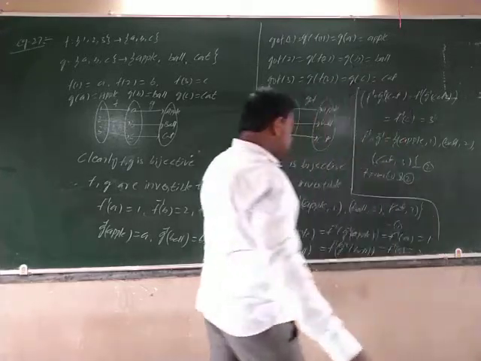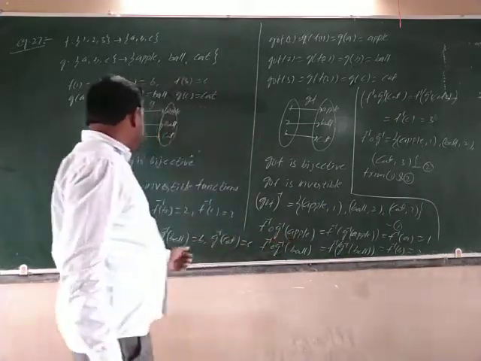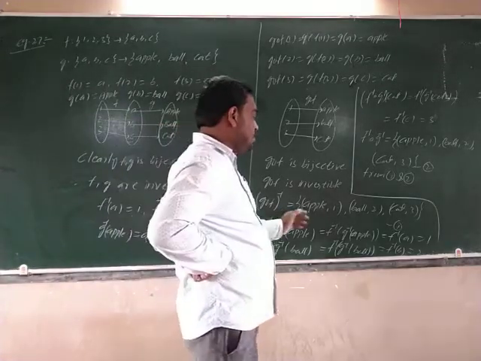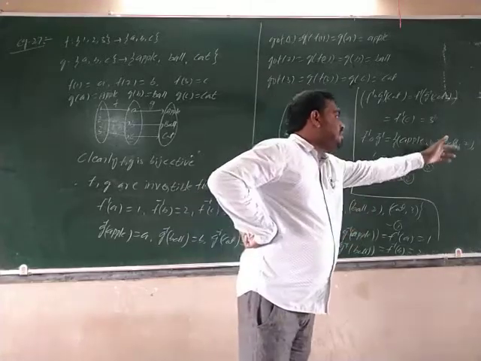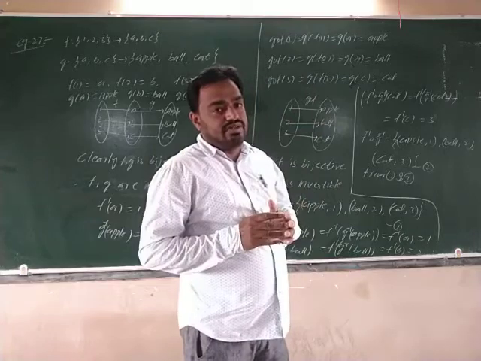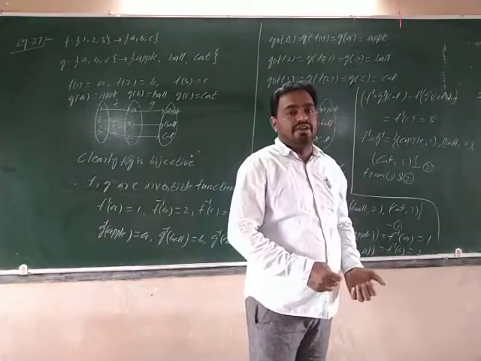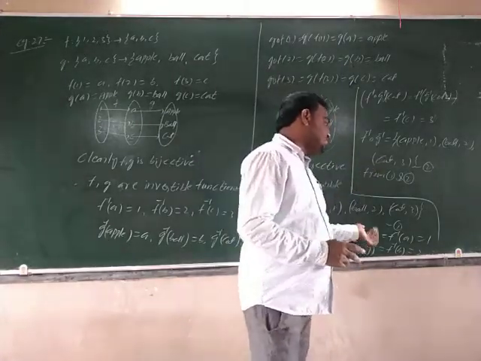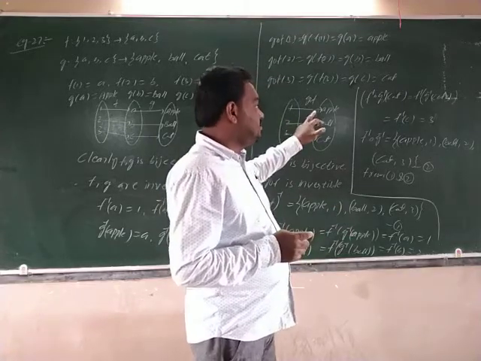2. See, both 1 and 2, there is equation number 1. Equation number 1 is G circle F inverse: (apple, 1), here also the same, (apple, 1), (ball, 2), (cat, 3). When two functions are equal, they have the same number of elements and the same elements, and they are defined on the same domain. Which domain?